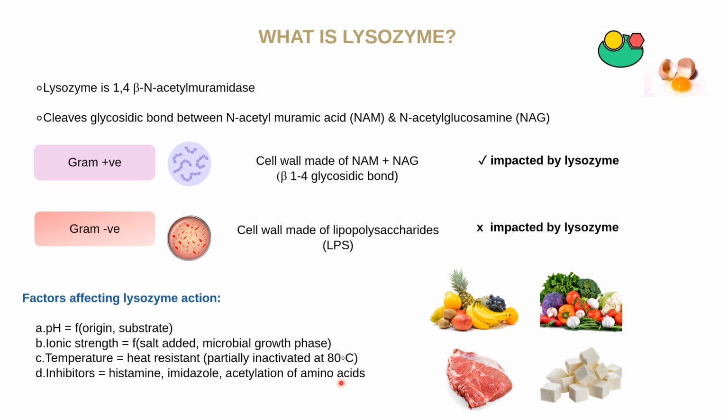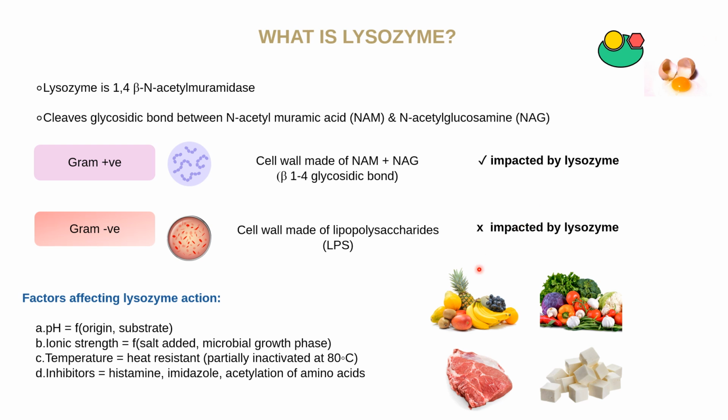So where is this used practically? Lysozyme can be used to reduce microbial load on several products, including your fresh fruits, fresh vegetables, meat products, fermented food products like tofu. Moreover, it is used in preservation of food that has been subjected to high temperature treatment like your sterilization. And why is that the case? Because of the high temperature resistance of this protein or enzyme. These days, industries are interested in combining lysozyme with a milder heat treatment to preserve food because this results in increased nutrient retention in the end product.